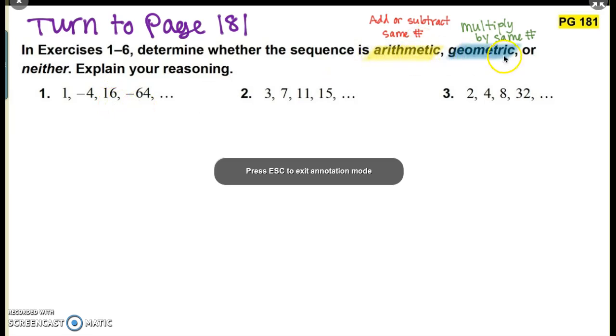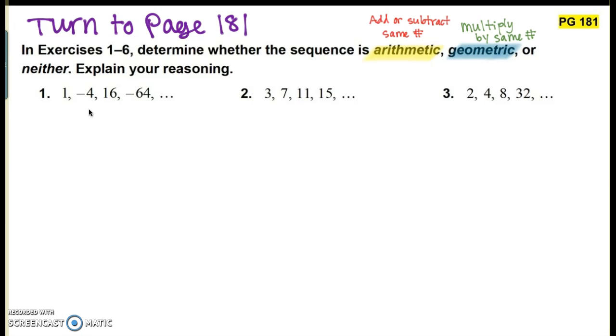It's possibly geometric, but now I have to figure out what number I am multiplying by each term to get the next term. So first, let's look at 1. Consider what could I multiply by the number 1 in order to get the number -4. Hopefully we know that if I multiply 1 by -4, that is going to get me -4. So 1 times -4 is -4. Well, and then if I continue that multiplication,